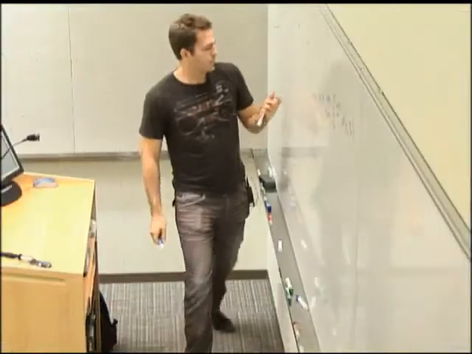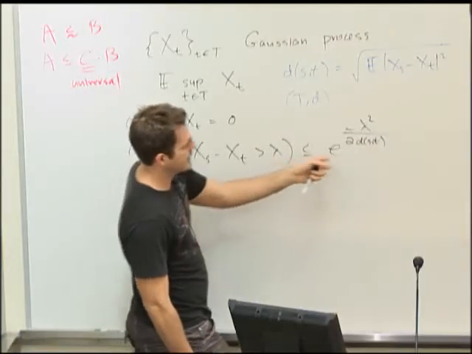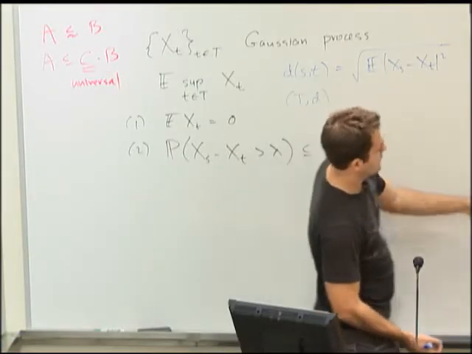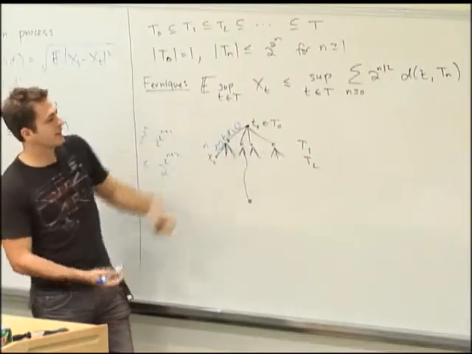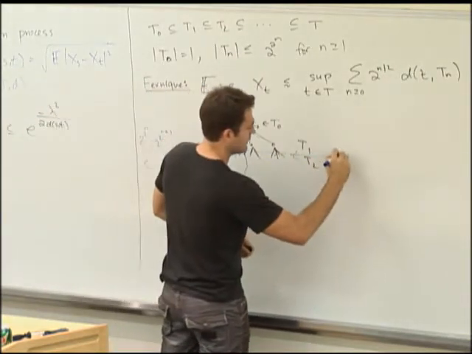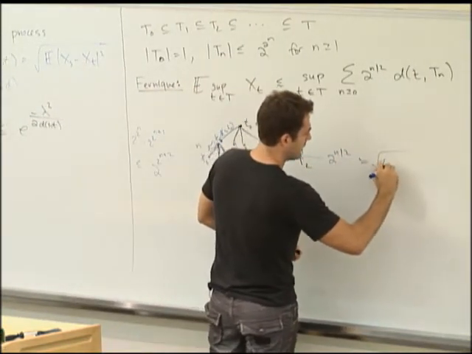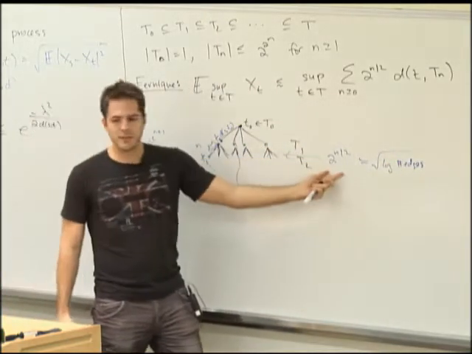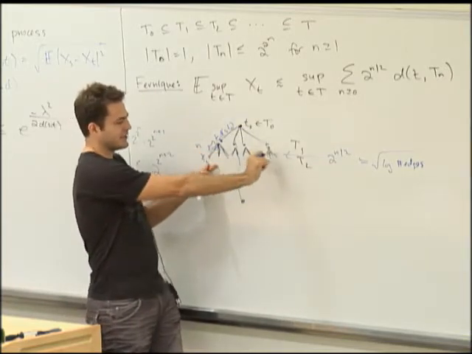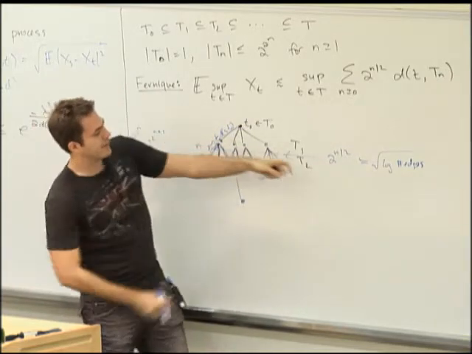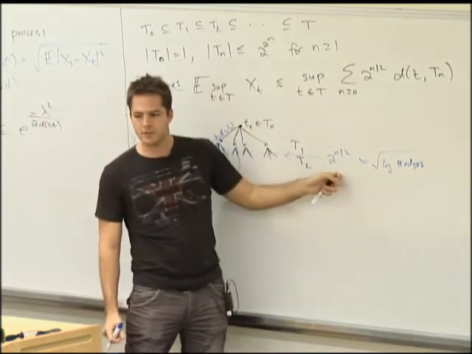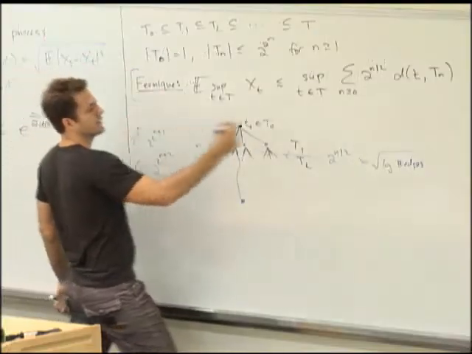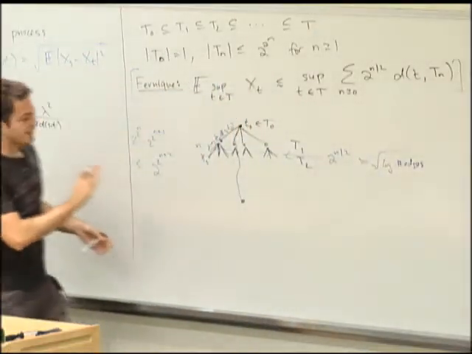And well, if you look at the probability of being bigger than lambda times your distance, and this is the number of events, then you see that putting 2 to the n over 2 is about square root log the number of edges in this level. So the probability that some edge is bigger than this, we can take a union bound and we can get that none of these edges has value xs minus xt which is bigger than its length times 2 to the n over 2. Okay? So in any case, we had these sets. We took a union bound down the tree, and this is what we proved. This bound of Fernique. Okay? Which is a very nice bound.